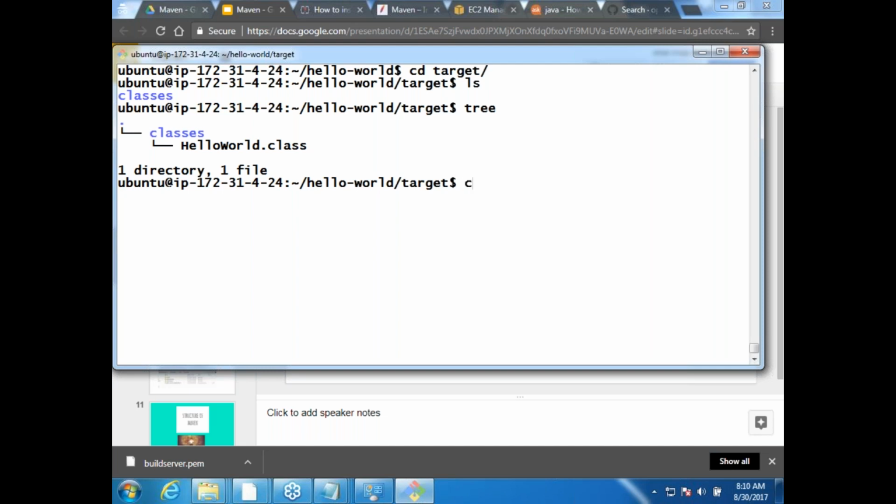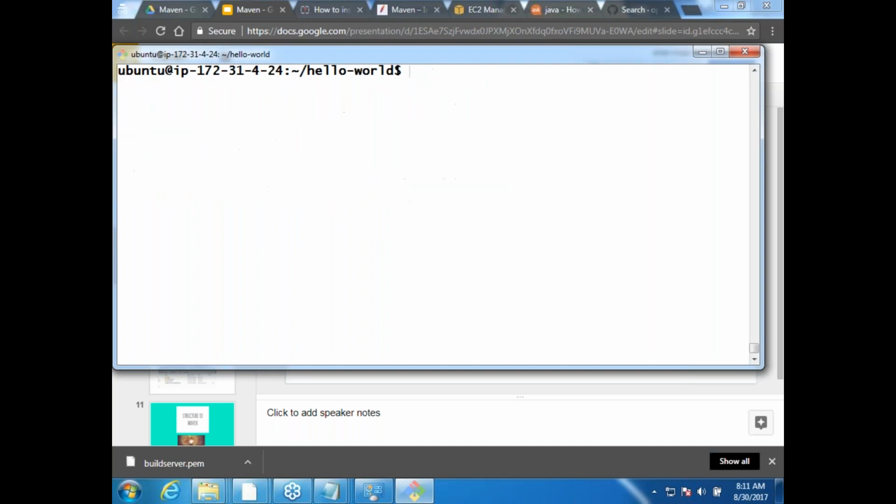Now, even though it is not such a great file, let us assume that we want to give this to our customer. Whenever we want to give this to a customer, we can't give code, neither can we give .class files. We need to package this, right? So then I would be executing something called mvn package.